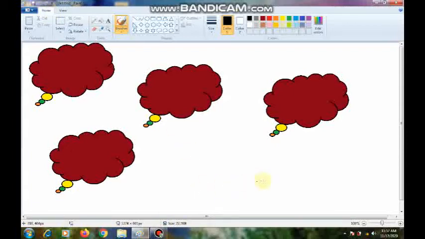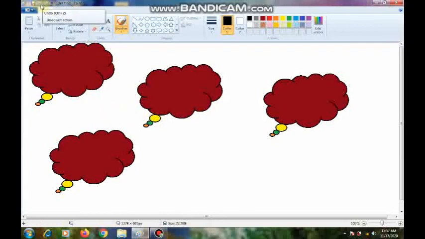So children, here how we will use this undo and redo. What are shortcut keys, children? For example, your mouse is not working, then we can operate and give commands with the keyboard also. Ctrl plus Z means press the Ctrl key and Z button at a time. Ctrl plus Y means the Ctrl key and Y key you have to press at a time. Okay, so this is about the undo and redo.